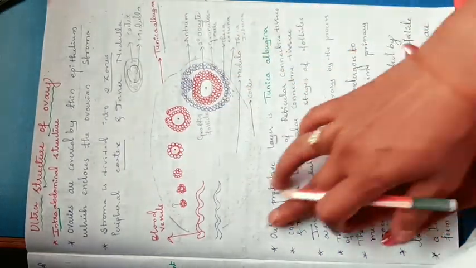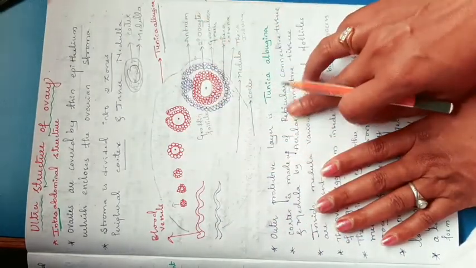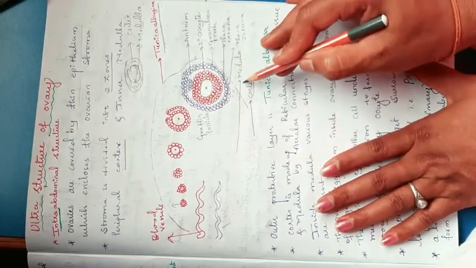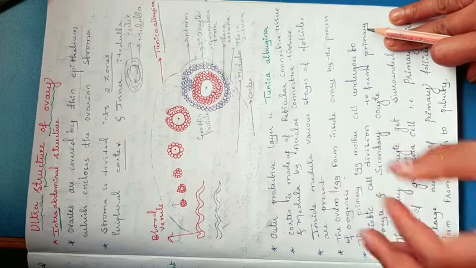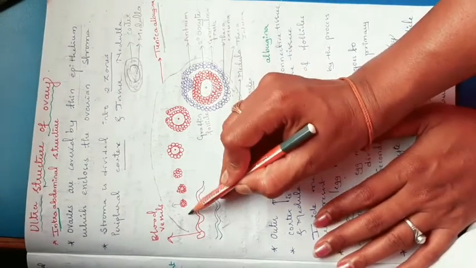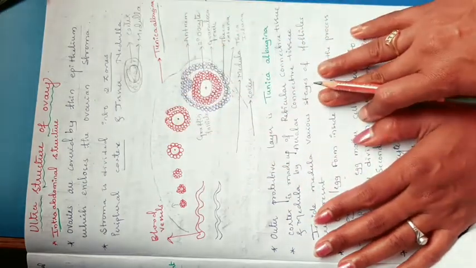First we can complete the outer structure of the ovary. The ovary is protected by the tunica albuginea. The peripheral region is called the cortex and the middle portion is called the medulla. The medulla is made up of areolar connective tissue, and inside the medulla various stages of follicles are present. A cluster of cells is going to form a follicle, which holds the egg.